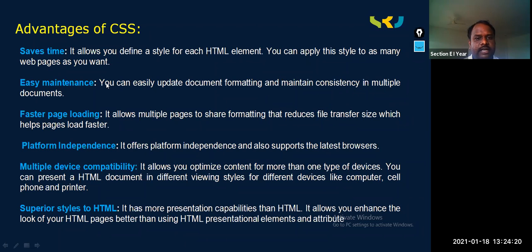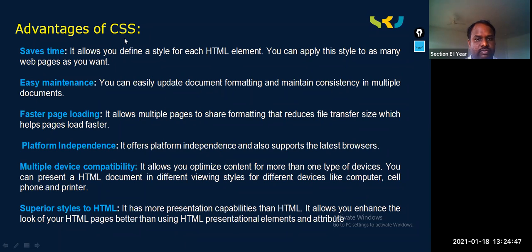And easy maintenance. If you want to update your document with new features, you need not modify your entire document; just go to the CSS and modify it inside the CSS, which will be reflected on your entire web page. That is the advantage we get. Faster page loading means instead of writing multiple elements using HTML, we use CSS.